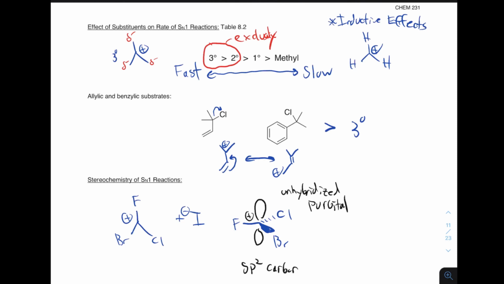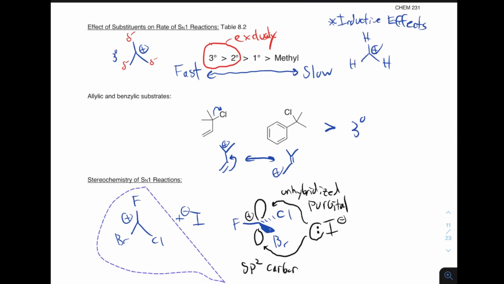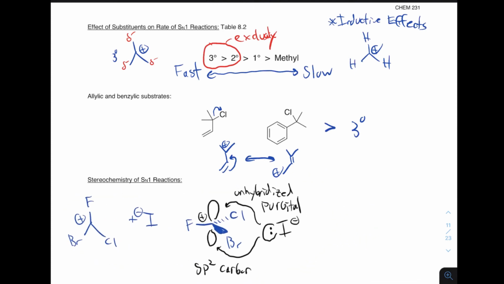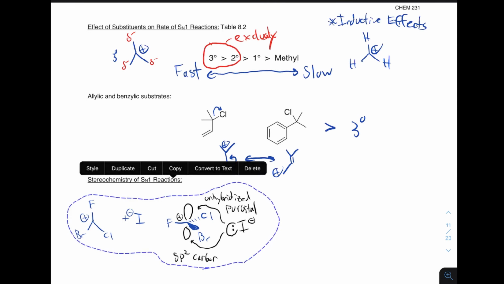So that means when the iodine, or any nucleophile, comes in to attack, it can either come in from the top or the bottom, because there's no preference here. This is a flat molecule, totally planar, trigonal planar, of course, because of sp2 geometry. So it'll either come from the top or the bottom, meaning that there is no stereochemical outcome here. And if we tried to draw it with any sort of stereochemistry, we would be unable to do so, because